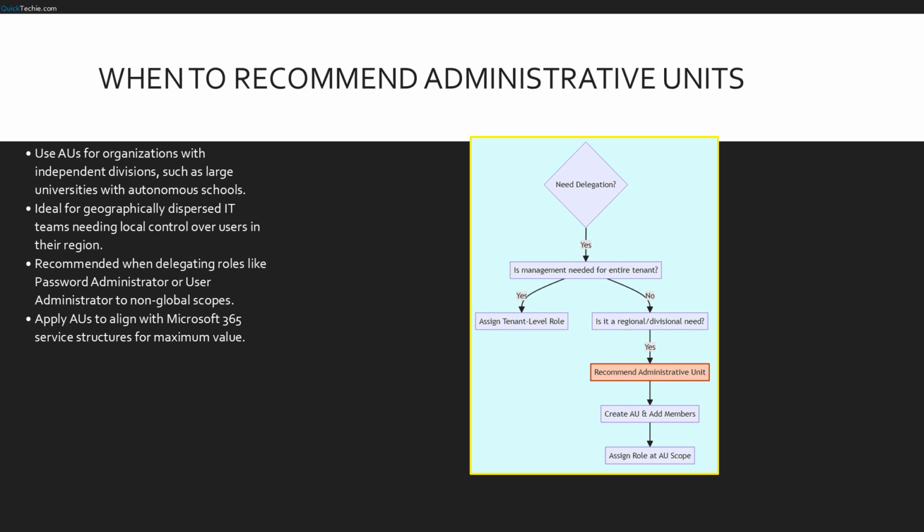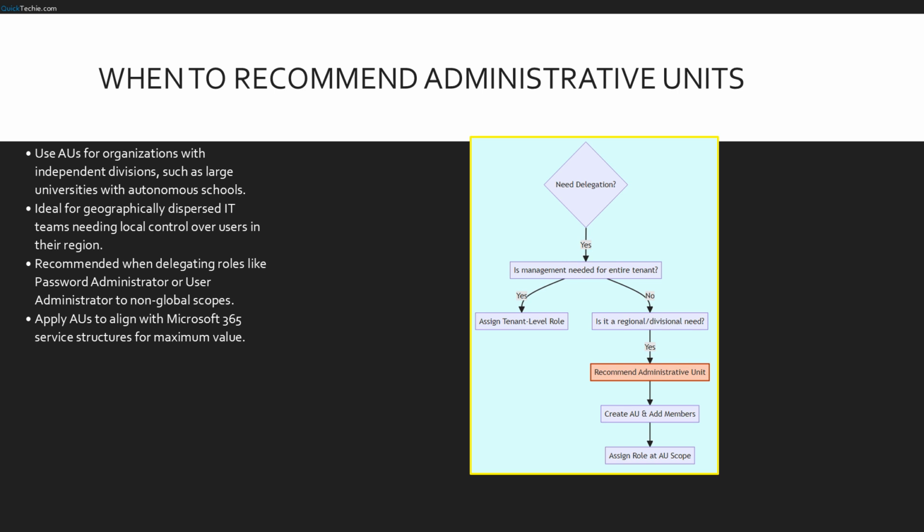Similarly, multinational corporations should use AUs to empower regional IT teams. If you have a support team in Europe, you can create a Europe AU. By assigning the password administrator role scope to that AU, the European team can reset passwords for local employees without having access to US accounts. Essentially, whenever you need to delegate high-privileged tasks like user or group management without granting tenant-wide access, administrative units are